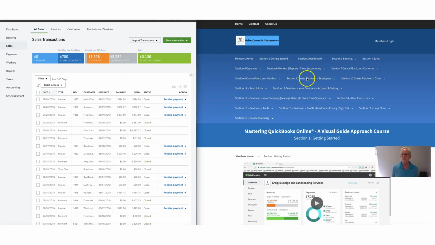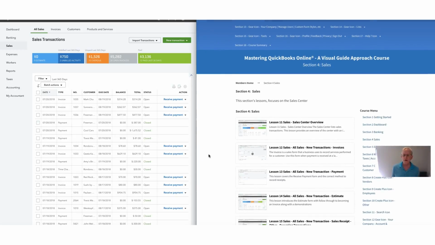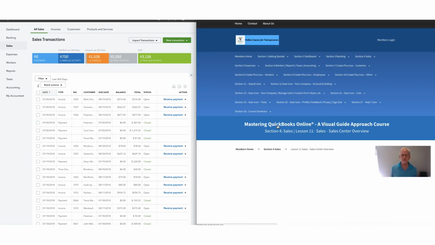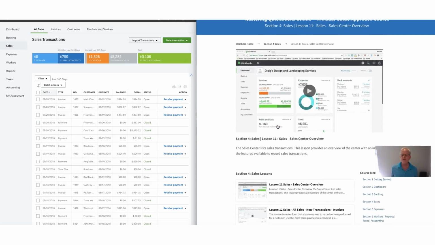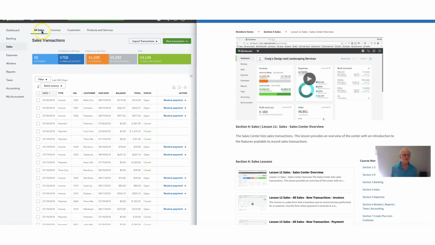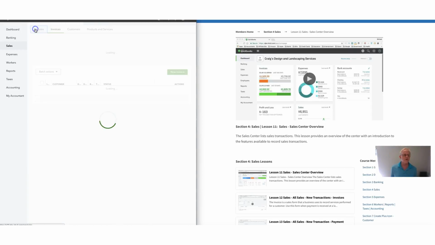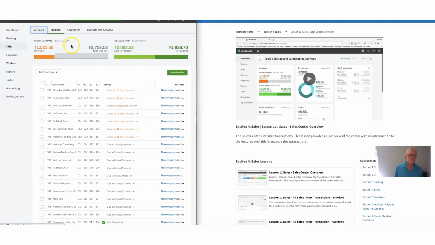It would explain everything on this page. If you were to pull up lesson 11 and want an explanation, you would play this, and I would walk you through each of these different features on this one part of the